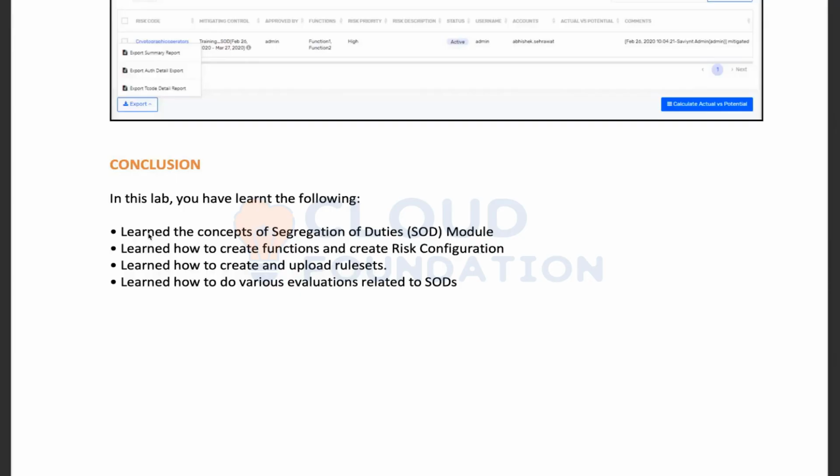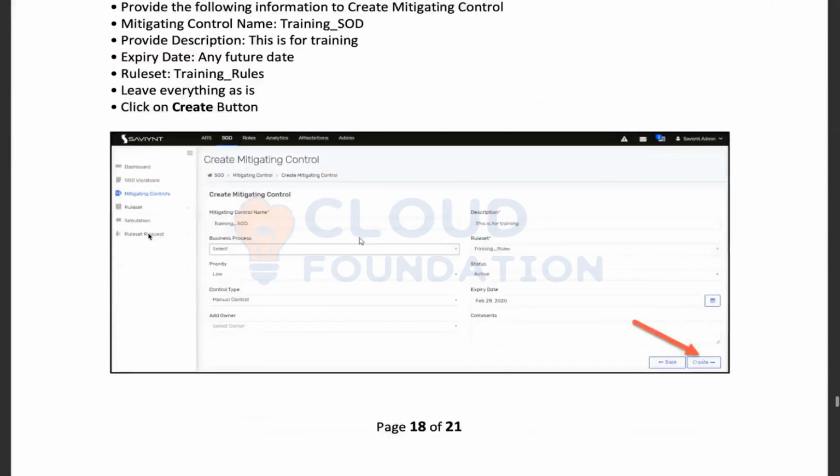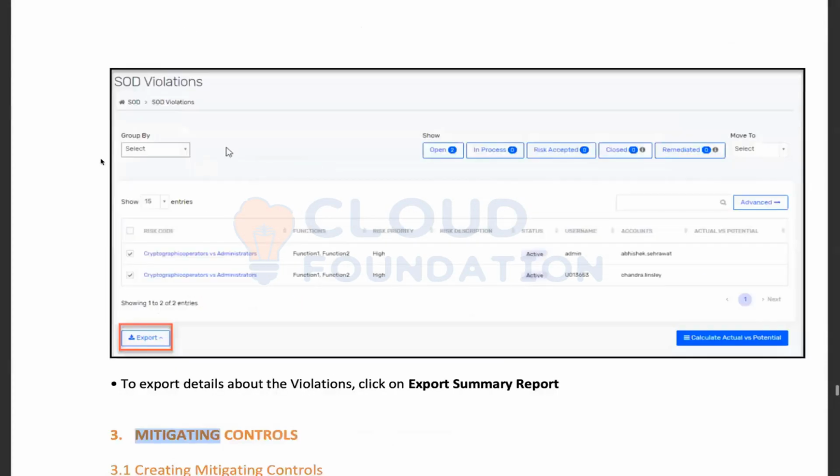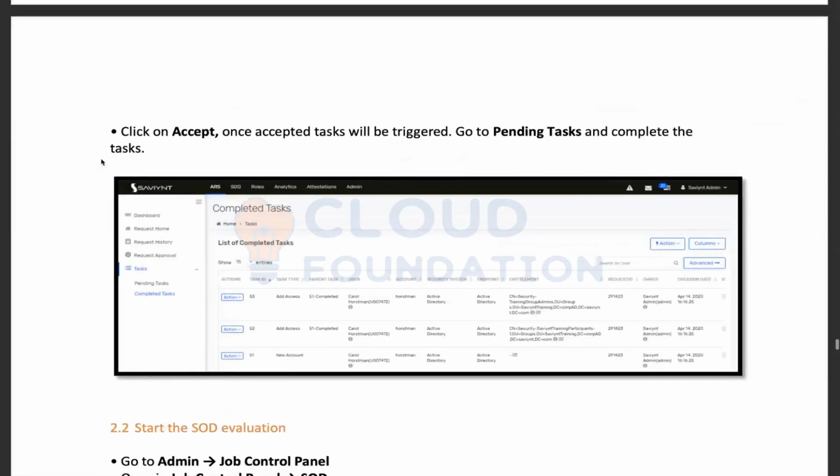You have to define Z, and then you make it part of a particular function, so rule set, function. And that's how you get it created. If you see here on the left side, whatever options you see, you will have to use all of them.